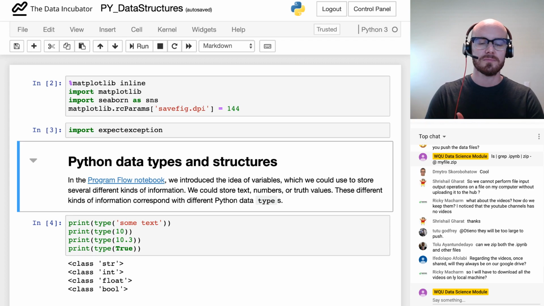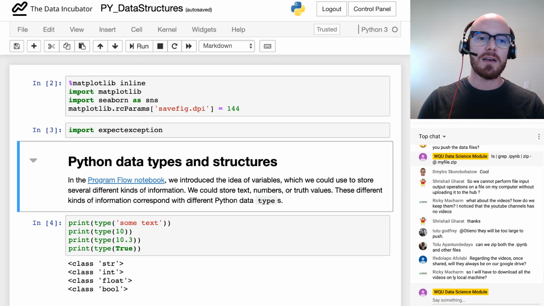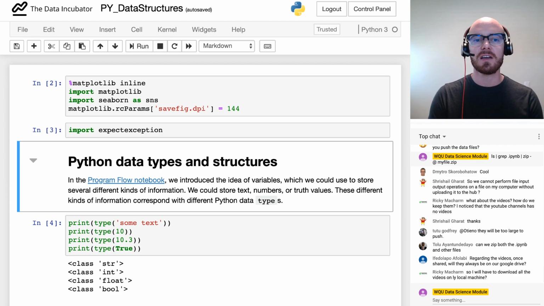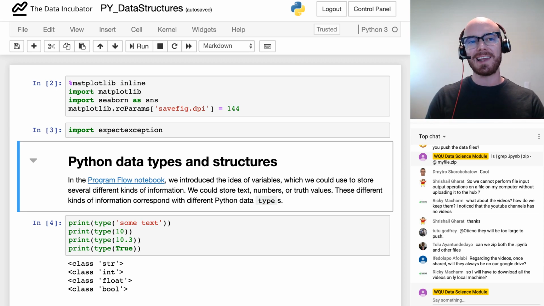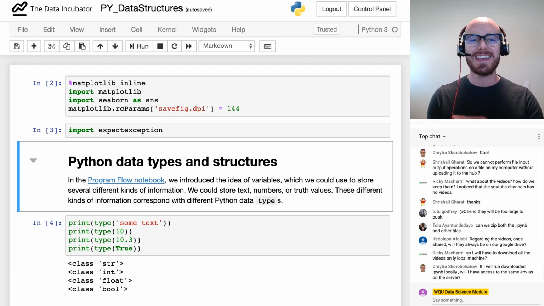Now, Dolapo asks in terms of the videos, will they always be available on our Google Drive? They're not always going to be available because as new classes start, we'll be moving different videos in and out of Google Drive.